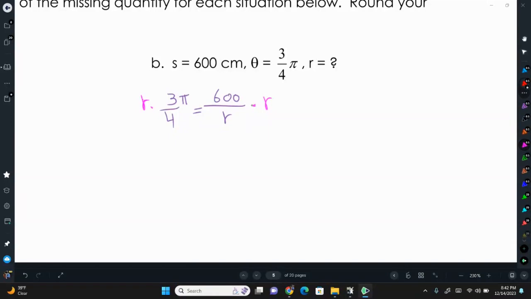That will give us 3 pi over 4 times R equals 600. Well, to get rid of that 3 pi over 4, we can multiply both sides by the reciprocal, 4 over 3 pi. Now, when we do that, we want to type in the 3 pi in parentheses. So the left side is going to cancel, and we're left with R equals,